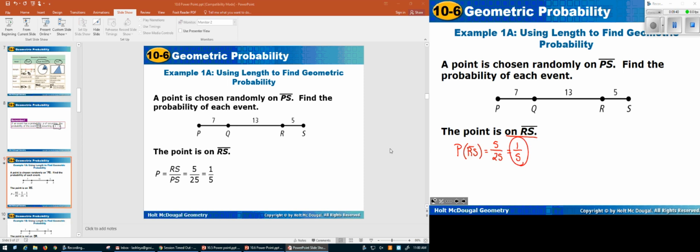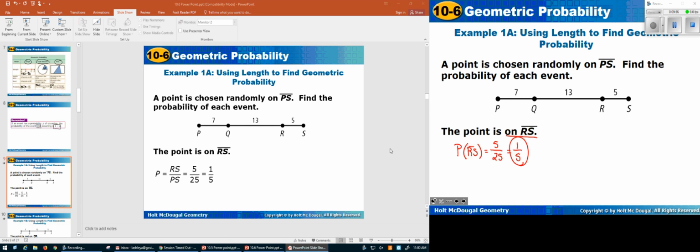Probability doesn't have units. Probability is only a percent of an event occurring. There are no units. It'll be the same units on both top and bottom, so they should cancel. Okay? All right, when you write your answers though, you need to make sure that you are leaving them in